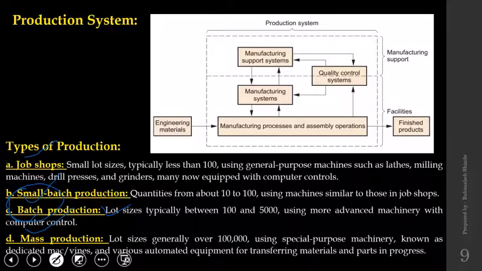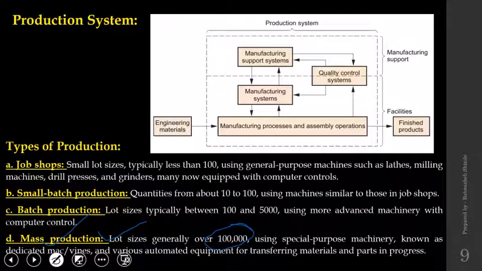So mass production, in the sense, whatever product you have around you right at the moment, let it be your mobile phone, your watch, your footwear, your clothes, your pen, if somebody is using a computer, that computer also, all these things have been produced in this category, mass production. Now, what are the characteristics of mass production? The lot size is usually greater than 1 lakh, meaning at least 1 lakh similar components are to be manufactured. Then we can say that the manufacturing system is mass production.